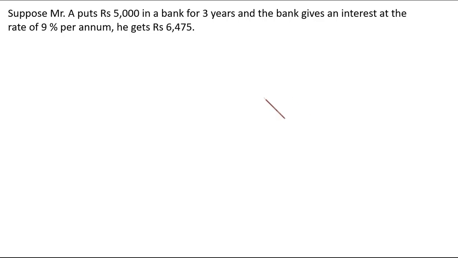In this video, we are going to understand the concept of time value of money. Suppose Mr. A puts 5,000 rupees in his bank for 3 years, and the bank gives an interest at the rate of 9% per annum. And after 3 years, he is going to get back 6,475. So the present value of 5,000 will have a future value of